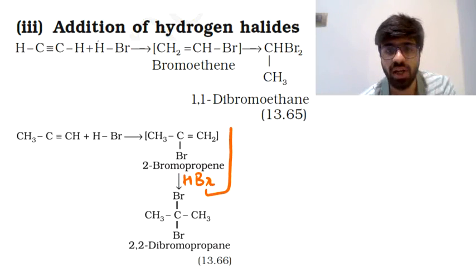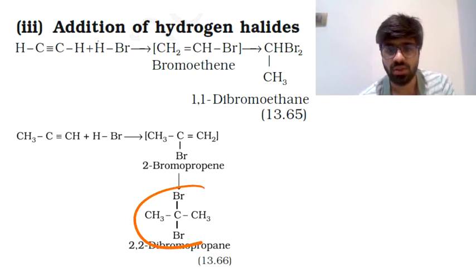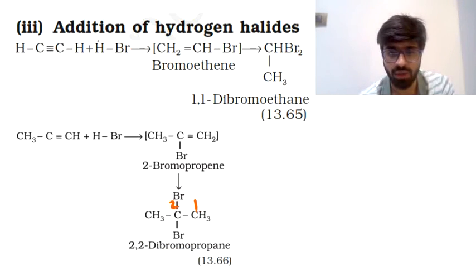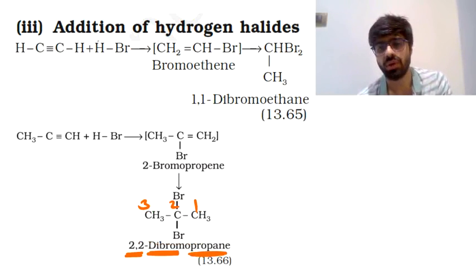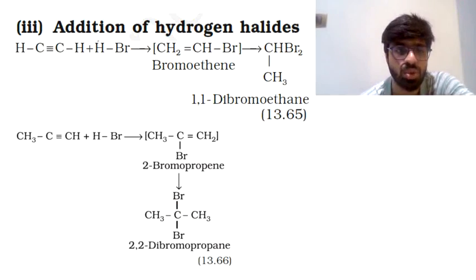So again bromine will go to the carbon atom having lesser number of hydrogen atoms, and hydrogen will attach to the other carbon atom. That makes this part CH3, like you can see here. A bromine atom got added to the middle carbon atom. So the middle carbon atom got this bromine atom, and CH3 which was originally present has also been written. That's the structure of the final compound. The way you name it is 1, 2, 3. So there are 2 bromine atoms on the second carbon, and you call it 2, 2. It's dibromo and propane. So it's 2,2-dibromopropane. Okay, so that's how you're adding hydrogen halides to an alkyne.